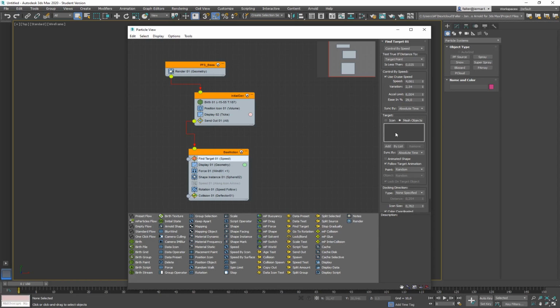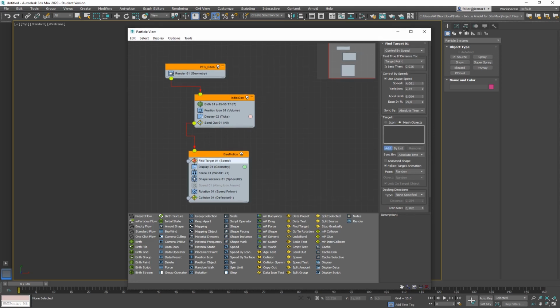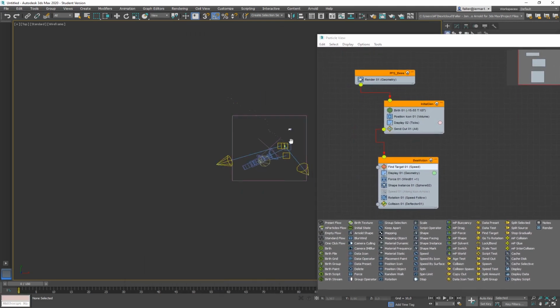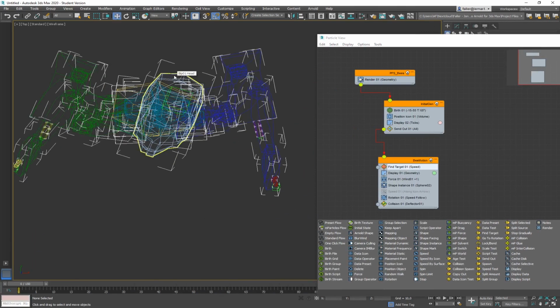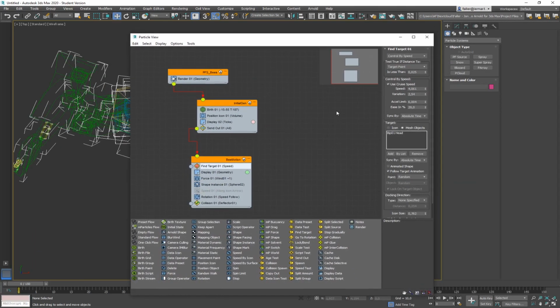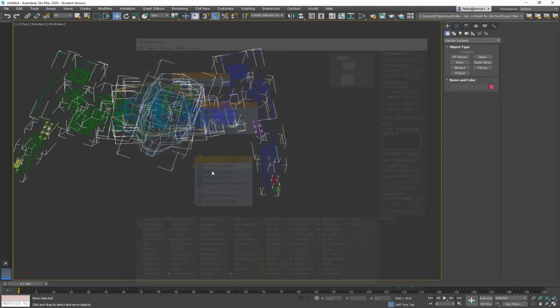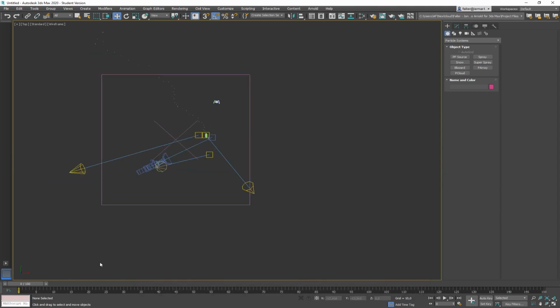Maybe you can do it with a mesh option. Maybe I deleted an icon or so. Mesh option. I'm going to add the person's head. So head. So now the bees should try to get to his head.